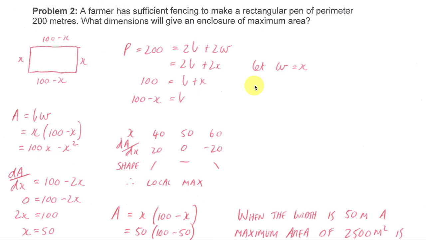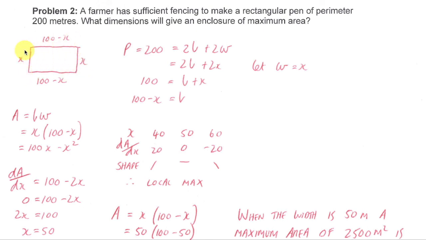All right, so this is our first real application question. Here in problem 2, we have this farmer. He has enough fencing to make a rectangular pen that has a perimeter of 200 metres. What dimensions will give an enclosure with a maximum area? So obviously he wants the area to be as large as possible to contain his animals. Just ignore the x's and the 100 minus x here in this diagram, but we'll just start off with a